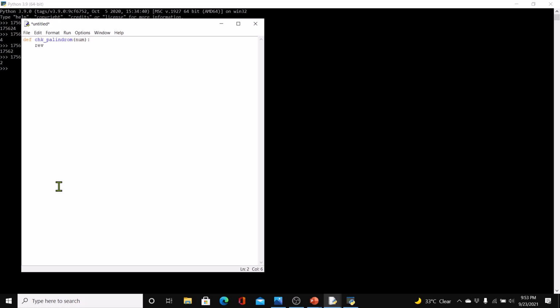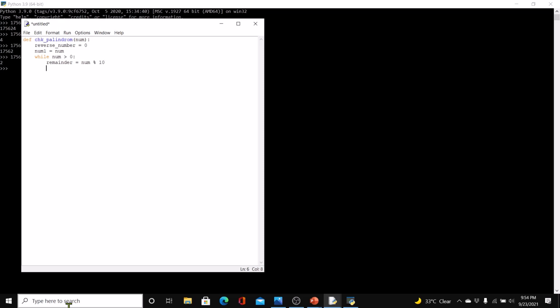Here we'll say reverse number equal to 0 while num greater than 0. So the loop is going to be changing the value of number. We need to therefore store the number in another variable before we change its value. So while num greater than 0, after storing it, here we'll say remainder equal to num %10,